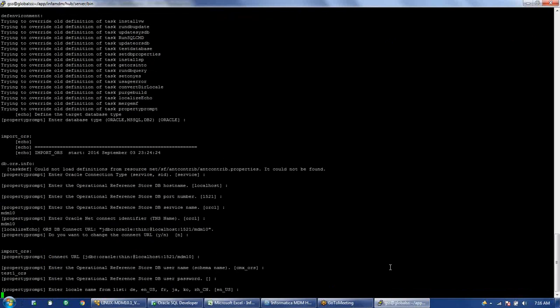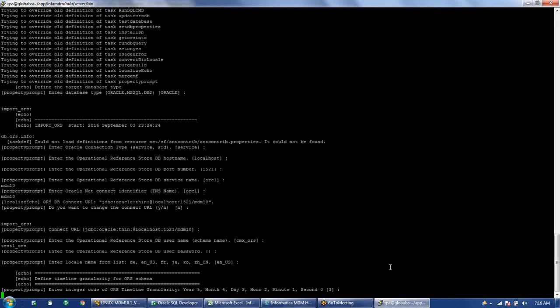So these were the same details, just one extra detail it will ask is this one. Enter the timeline granularity. We discussed timeline when we went through module 4, the load process, where we discussed that these are the timelines from years to second level. If you don't select anything, it is at a day level, and this gets stored in C repos DB